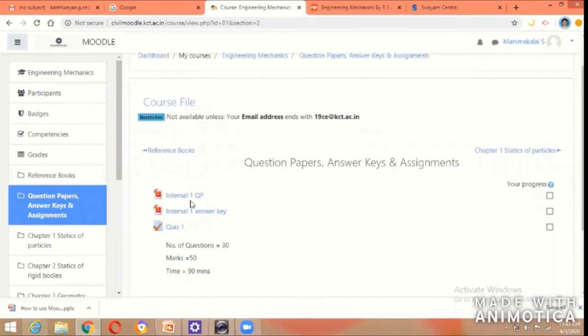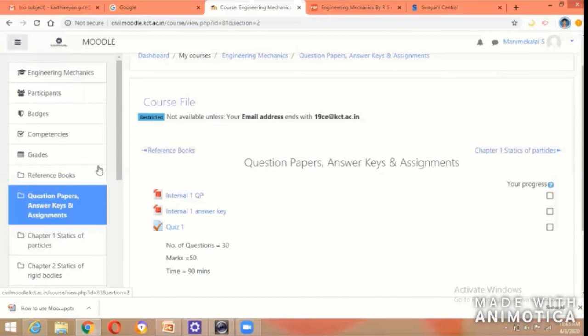But you cannot edit, delete, or add anything. As a student, you cannot edit. You can just view the things. If it is an assignment or any task or activity, you can do the activity, but you cannot make any changes through your student platform. So this is the thing.